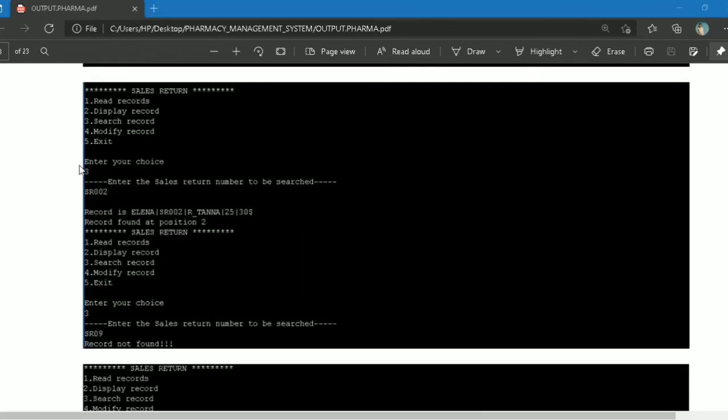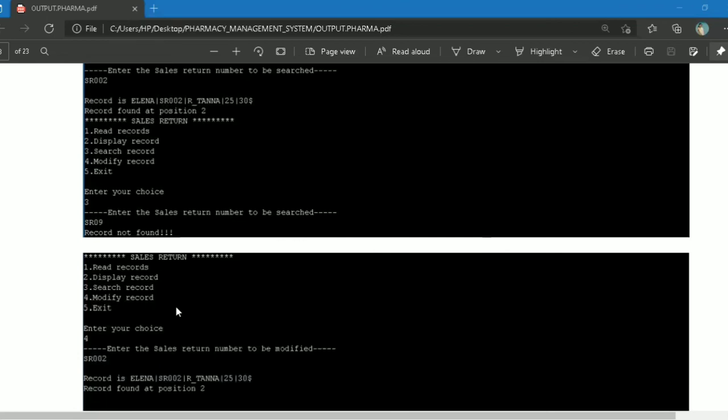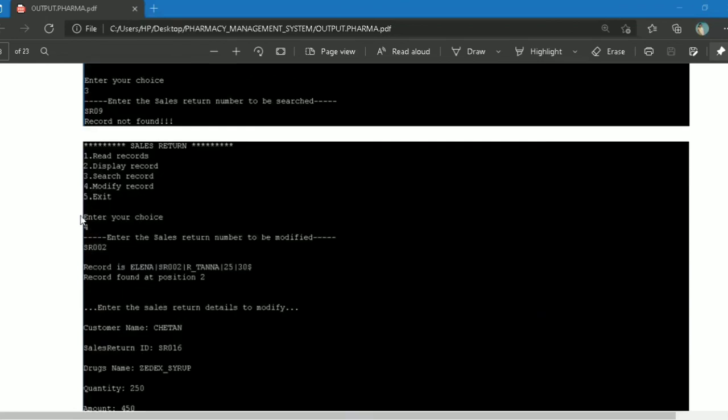Now, if the user enters 3 as a choice, which is used to search, it will ask the sales return number to be searched. Here I have given SR002, which shows all the details of that record and the position of that record. If it is not present, it will display record not found. Now the user enters 4 as a choice.